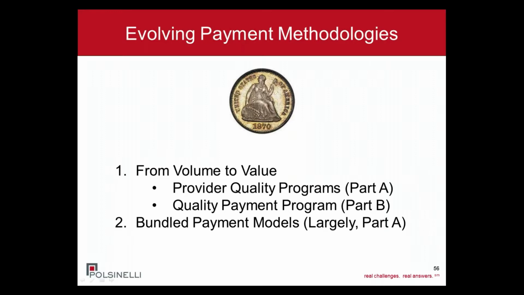But as we think about evolving payment methodologies, we started at fee-for-service. The more you did, the more you got paid. Then fee-for-service and the prospective payment system, and we're going to add some quality to it. And then we're going to move to what they call advanced payment models, and there are a bunch of different kinds. When we start thinking about Medicare shared savings programs, for instance, those are programs where